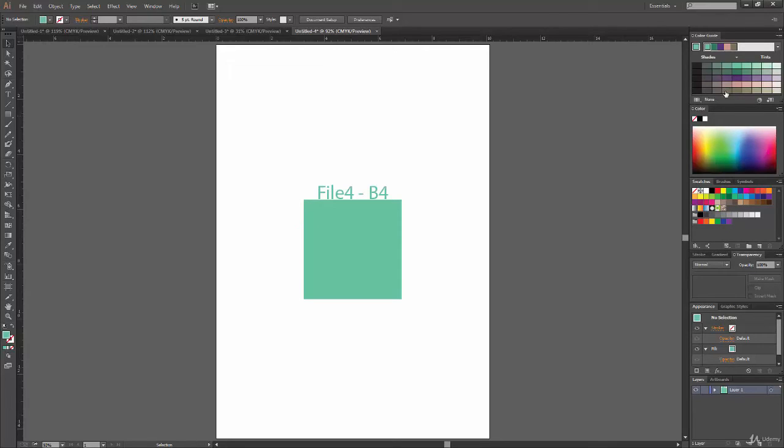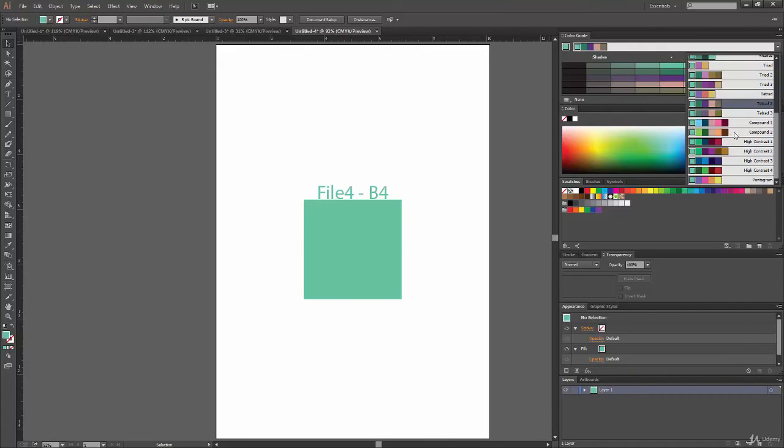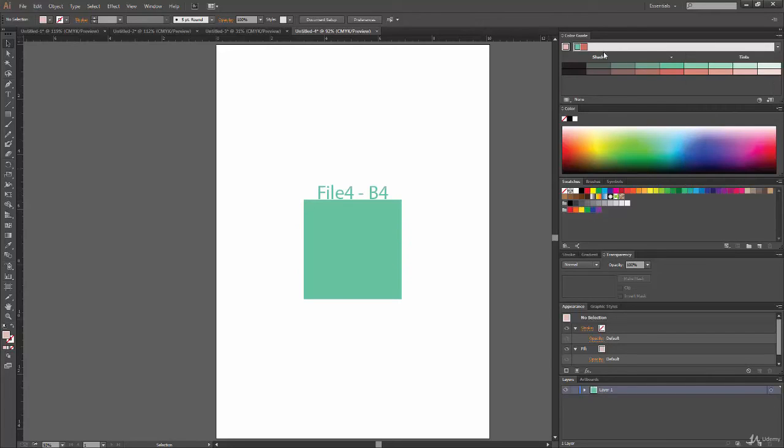Let's say you are working on some color theory examples and you want to make some complementary color schemes. What you can do is you have your color guide panel over here, you have your color over here, and you have your swatches.